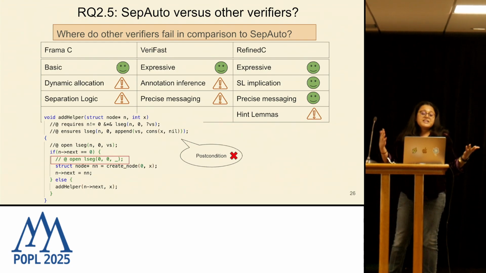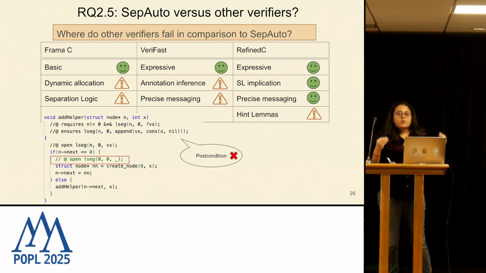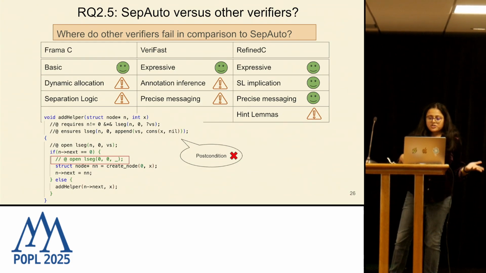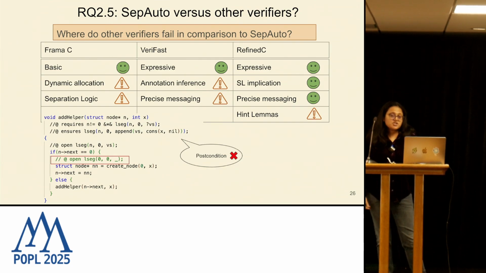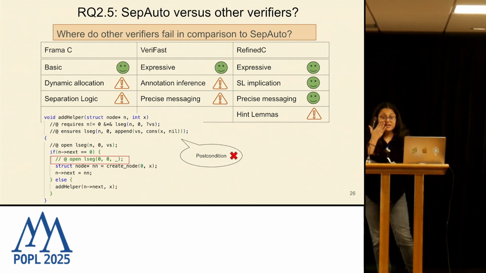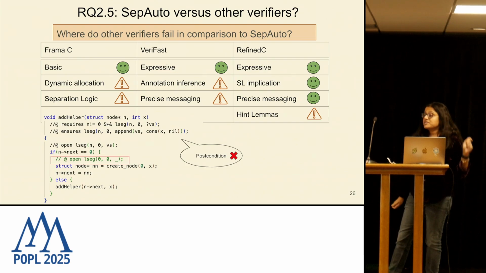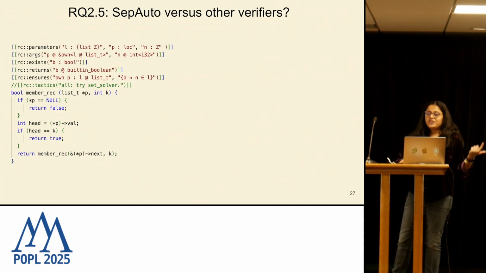And as per my experience, it doesn't give a concrete set of goals as to what went wrong, and I can't infer whether I have to write a lemma or annotation or what. RefinedC, on the other hand, is both automated and foundational, so it's very expressive. It has good automation support for the wand operator as well. But along with the annotated specification, it does require support for certain hint lemmas or tactics for the proofs to go through. So to do a fair evaluation,